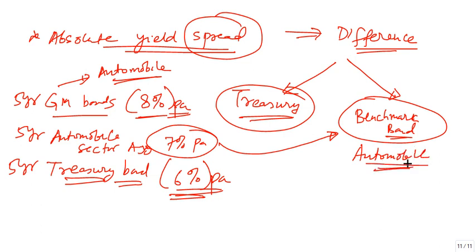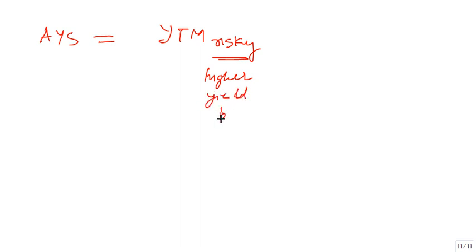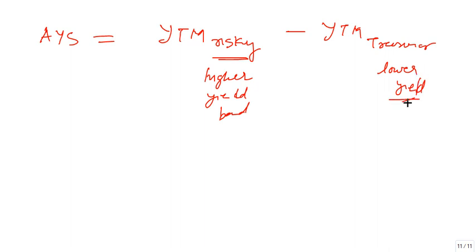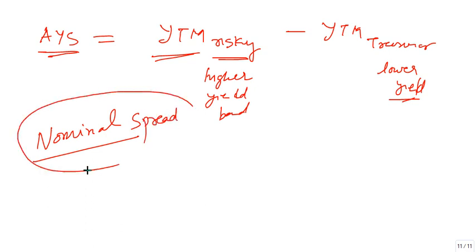Let us try to understand then what the absolute yield spread is. Absolute yield spread is just the difference between the YTM of the risky bond, or the higher yield bond, minus the YTM of the treasury, or your lower yield bond. It is just computing the difference between the two bonds' yields. Please note that the absolute yield spread is just taking the difference of the YTM. You will see later that this spread is also known as your nominal spread if you are